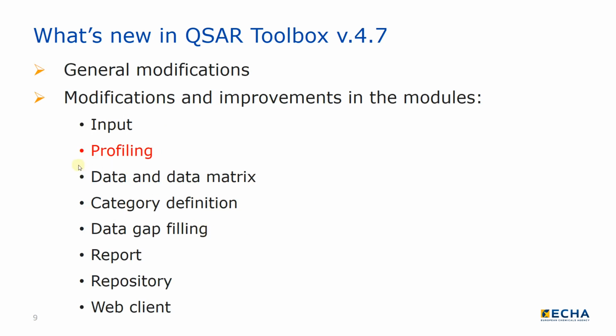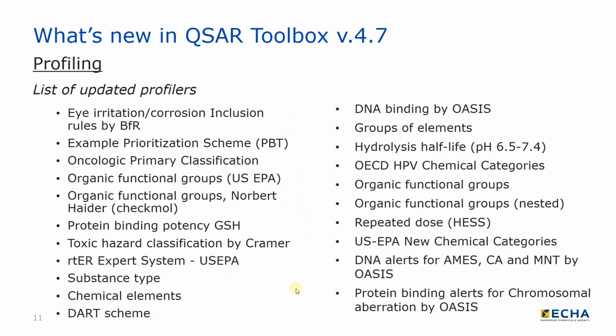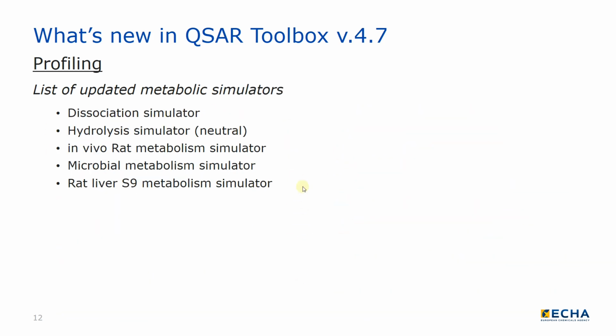The modifications in the profiling section are as follows: significant modifications have been made to the toxic hazard classification by Kramer profiling scheme, where the transparency of profiling results has been increased by providing additional summarized information in the data matrix. In addition, a printable report of the profiling results has already been implemented. The next slides list the profiling schemes and the metabolic simulators that have been updated with the new version of